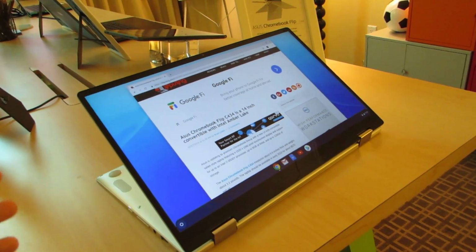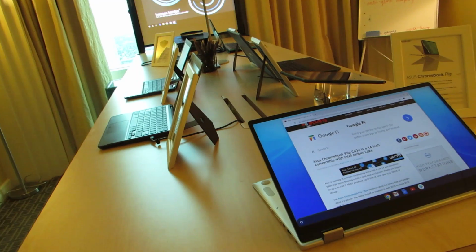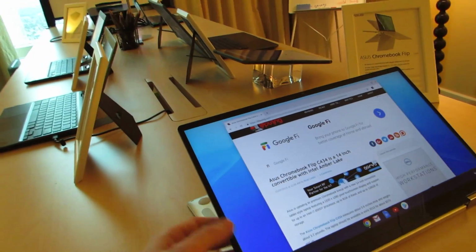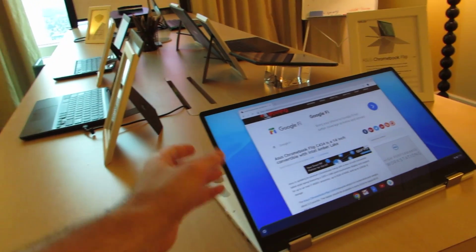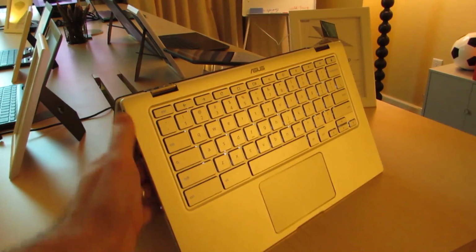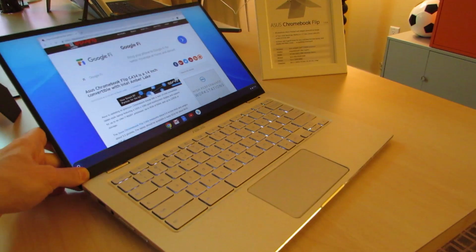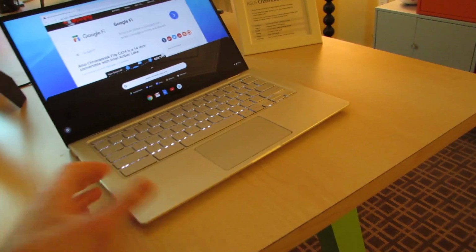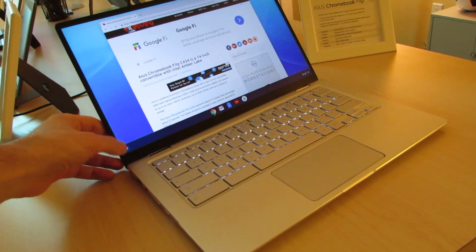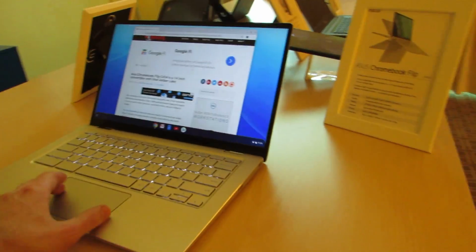A lot of the other devices that Asus is showing off here are entry-level devices aimed at the education market, so things are going to sell more in the $200, $300 range. This is something that's probably going to be more in the $500 or so range because it's got a more premium build quality. It's got the design that you would expect of a more typical laptop, just happens to be a Chrome OS device, and something that you can use both as a touchscreen or as a keyboard and touchpad style